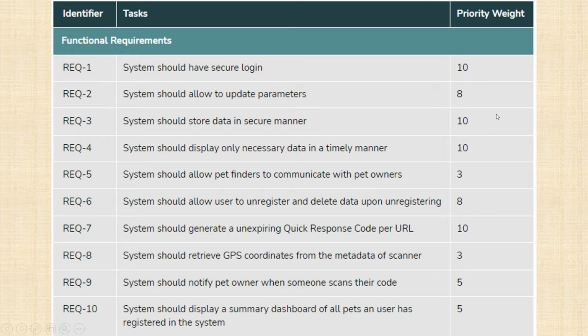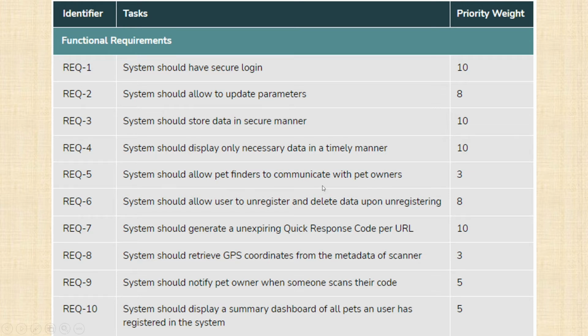The basic requirements such as login and being able to update parameters and store data in a secure manner are given high priority weights, while some other extra functionality such as being able to communicate with the pet owners and to register and delete data of the pets are given a little bit less weight, considering they are not as much of a focus as just being able to make a basic